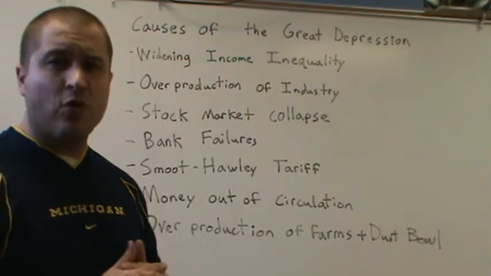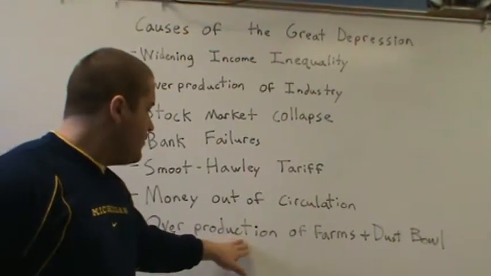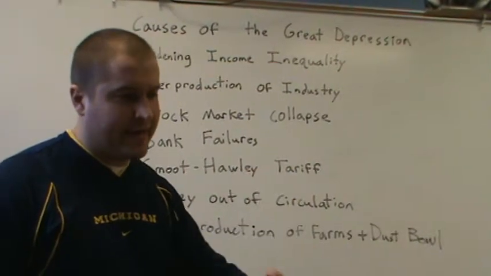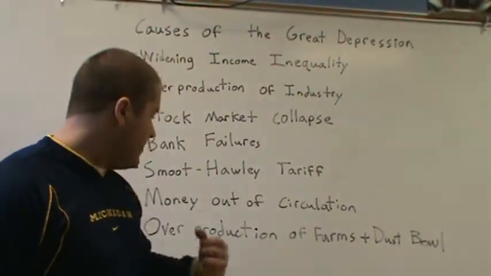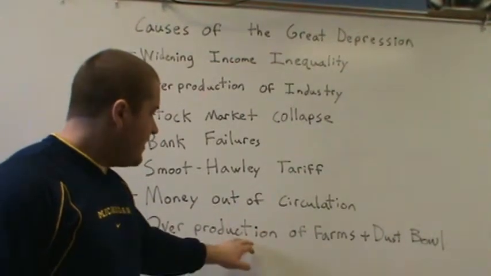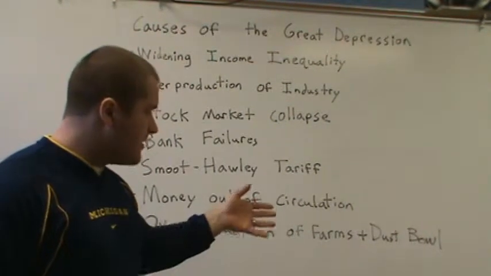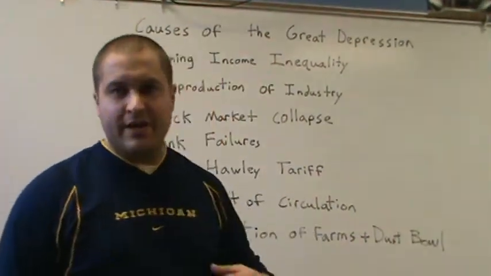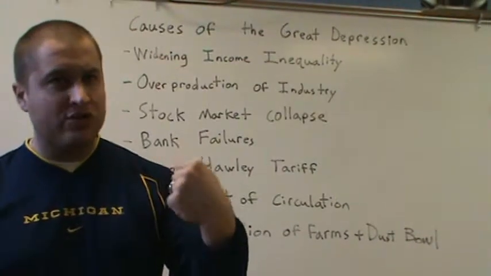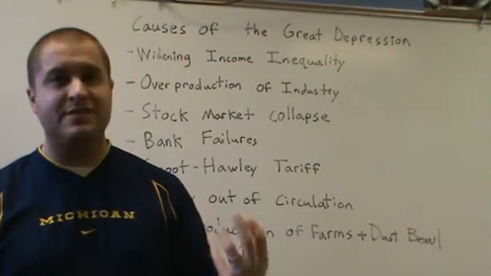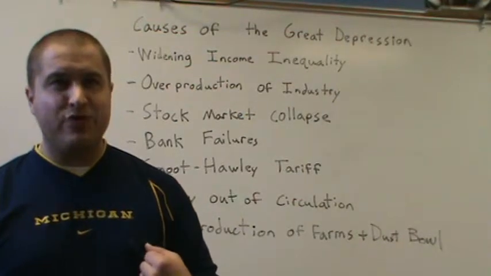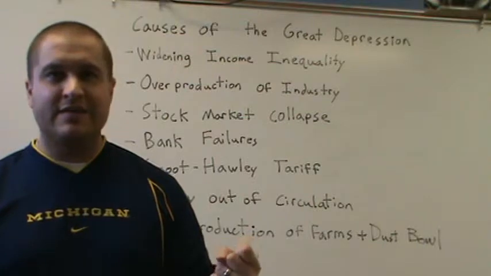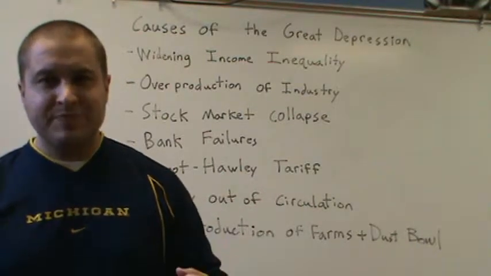And at the same time you're overproducing, you're not letting the land recuperate. And we don't have the same kind of fertilizers and understanding of farming back then like we do today. And so they eat up a lot of the nutrients of the soil from this over-farming. We have a massive drought, and you get the Dust Bowl. And this is the worst struck area of the Dust Bowl. They call it even a dead zone. It is in places like northwest Texas, part of Oklahoma, western Kansas, southeastern Colorado, and it's a dead zone.